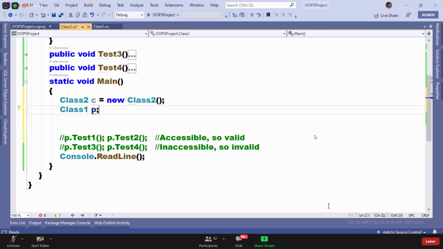What is P? Variable of the parent class, right? It is going to be a variable of the parent class.